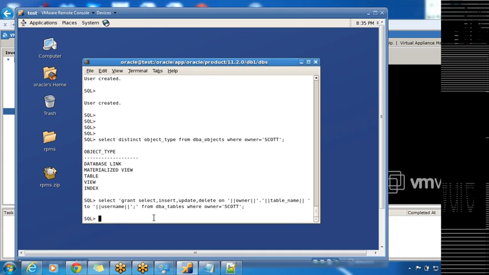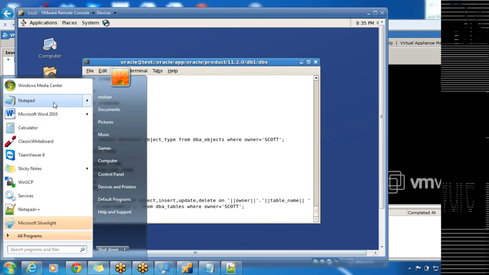What does this statement do? So I'm concatenating the string. I want to assign select insert update delete on all the tables which belong to Scott user, correct? So I'm concatenating the string grant select insert update delete on. Till here this is just a string and this will be common for all the tables. So I'm just specifying the string here. After that I'm concatenating the string using pipe. I'll be specifying here the owner name, because to assign an object privilege the